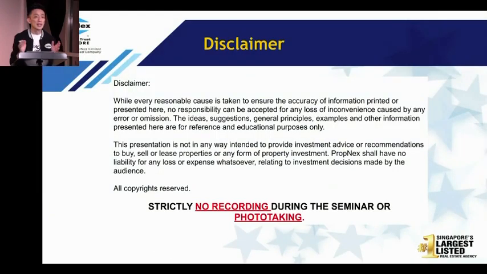So just a disclaimer for myself. Of course, whatever we share, definitely there are certain risks here and there. At the end of the day, it is for you to work on and see how you can actually minimize the risk. Everything has risk, right? But most important is to learn the right thing to do.